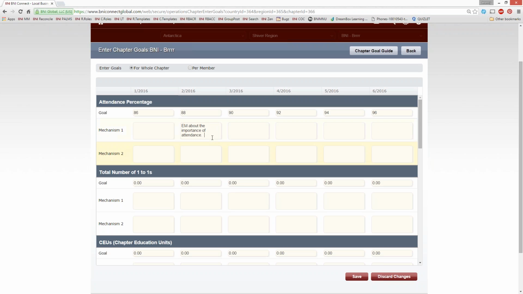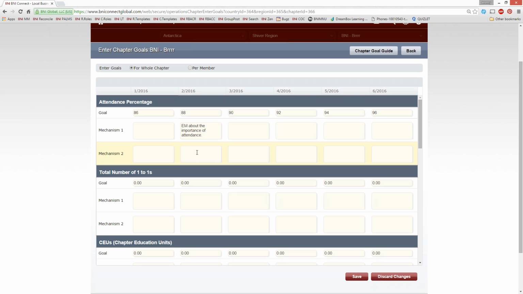And that's only one week, so what's another thing that we might be able to do that month in order to support it? Well, attendance, one of the things that helps to drive attendance is making sure that the vice president is sending out control letters. Some chapters feel bad about sending the control letters: you've been absent once, you've been absent twice, you've been absent three times.